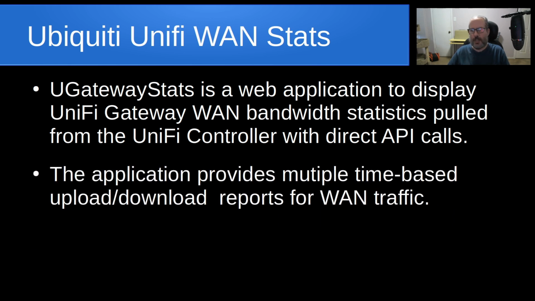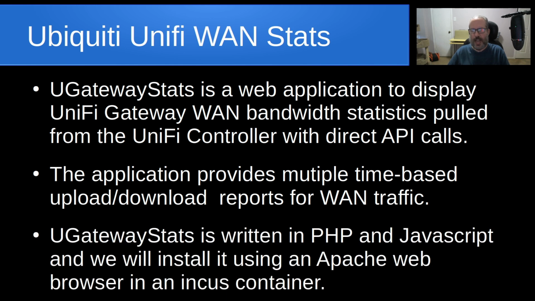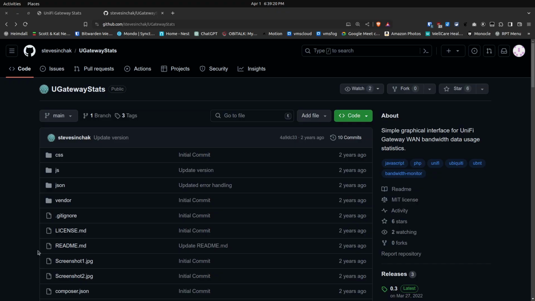So the application provides multiple time-based upload and download reports for WAN traffic. And UGatewayStats is written in PHP and JavaScript, and we will install it using an Apache web server inside of an Incus container. So here's the Unifi GatewayStats GitHub site, and the author is a gentleman by the name of